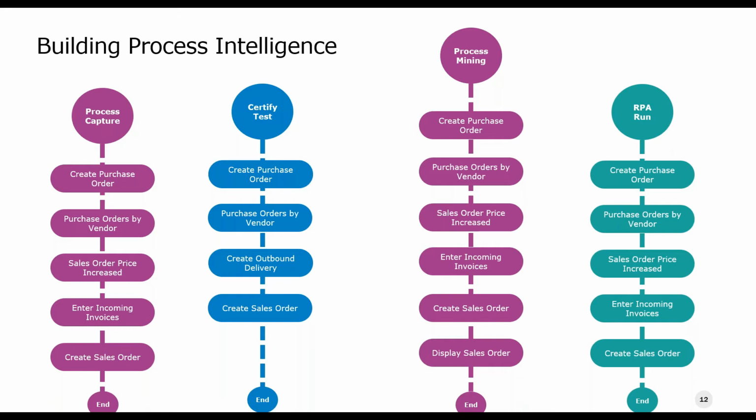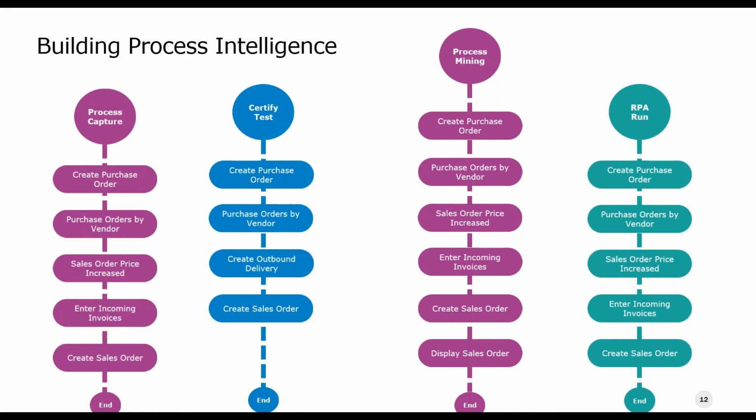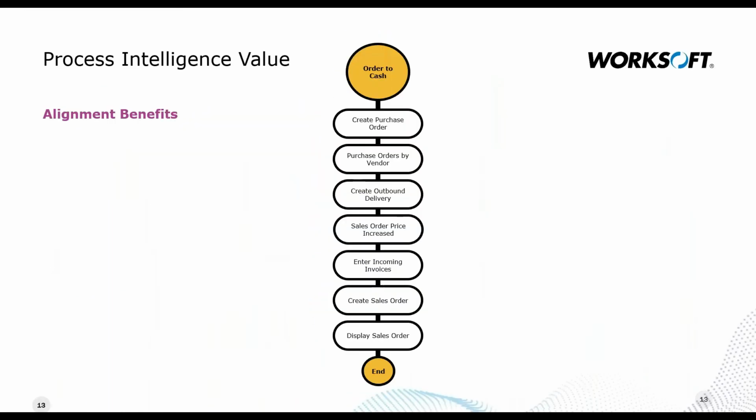Process intelligence is taking all this disparate data and combining it into one holistic view of a business process. Now that we've combined all the different sources of data available, all of them are not necessary. We could combine two data sources like capture and certify, or combine in more as it's available, like adding in the process mining data and the RPA data. But once we have this unified data set, like we see here with our unified order to cash process example,